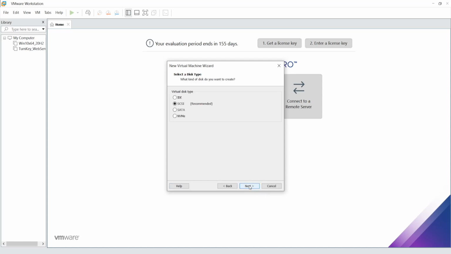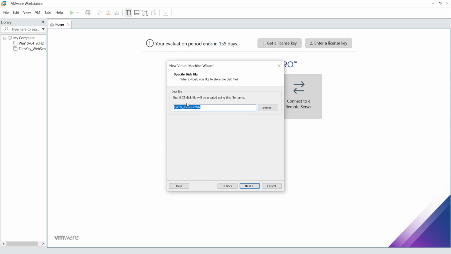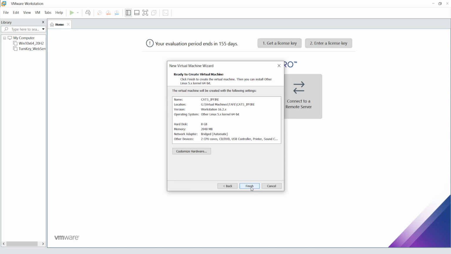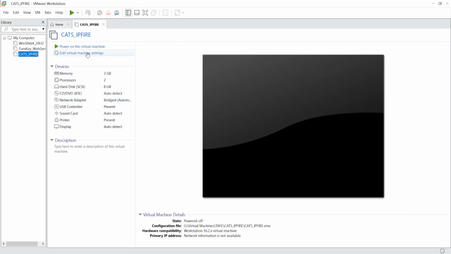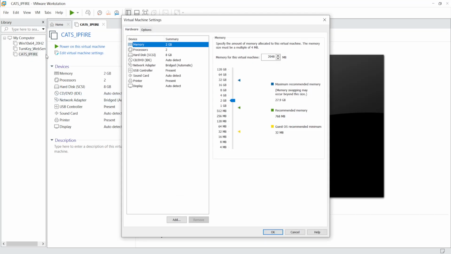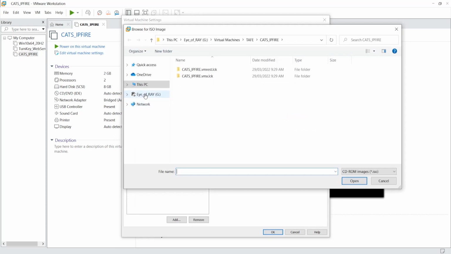We can keep the default settings for pretty much everything else. I always like to store the virtual disk as a single file because I'm not storing on a FAT32 file system, and it's a very small file anyway. 8 gig is more than enough, generally speaking. So when it creates there, I can go in and edit and add the ISO image file. I downloaded one earlier,